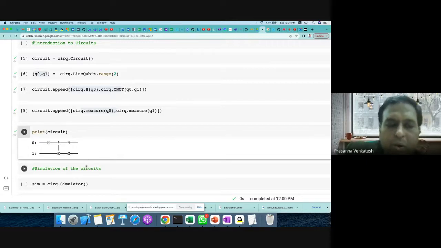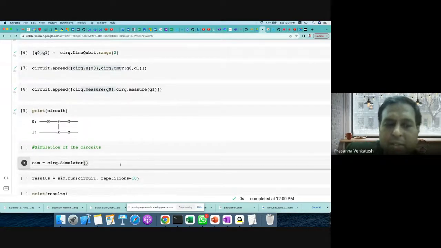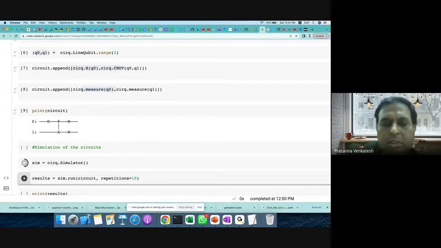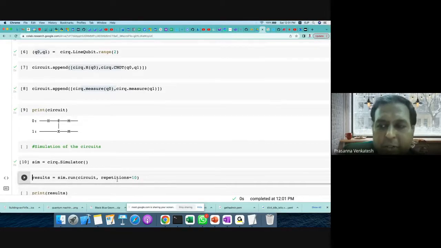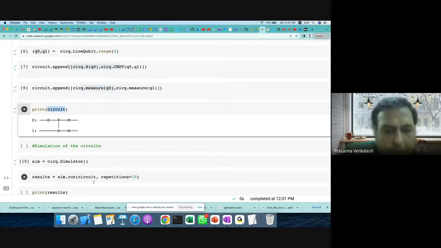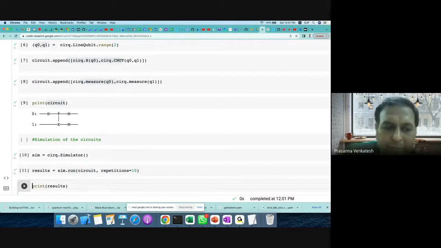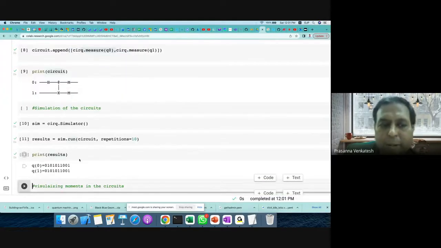So now we need to define the simulator. That is what is done using cirq.simulators. So now cirq.simulators enables you to create and define a simulator. And once the simulator is created, you take the simulator and run the circuit on the simulator. Now what I'm doing is I'm running this particular circuit on the simulator and seeing what happens there. It is completed. Now I print the result of that particular simulator.